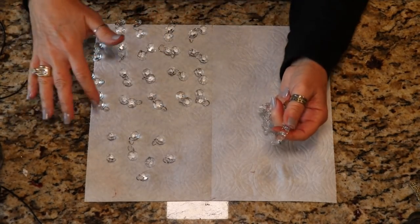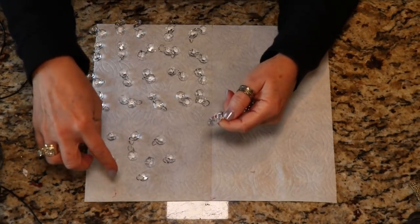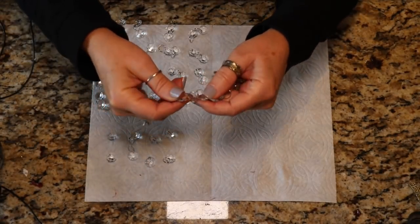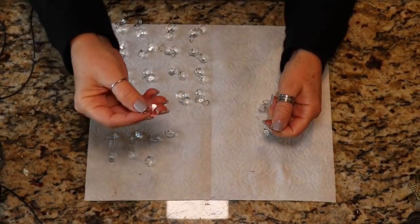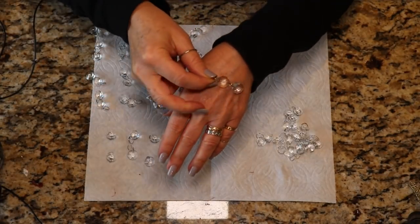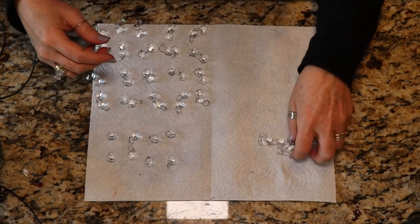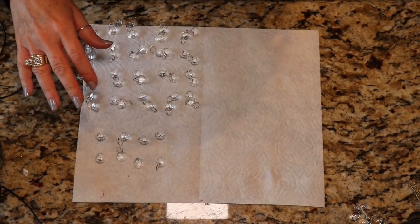So what we're going to be doing, while you're waiting for the other parts to dry, is 8 pieces that are just one individual crystal with the hook like this, and then you're going to do 20 pieces that are 2 crystals and the hook. So work on that, and once you get those done, another thing we can work on is